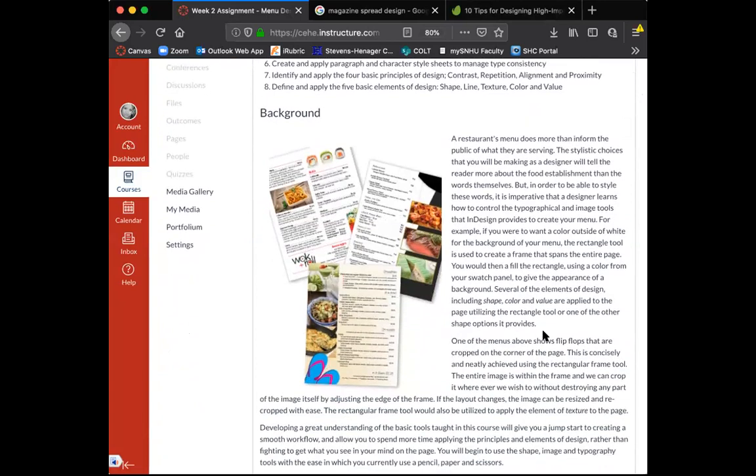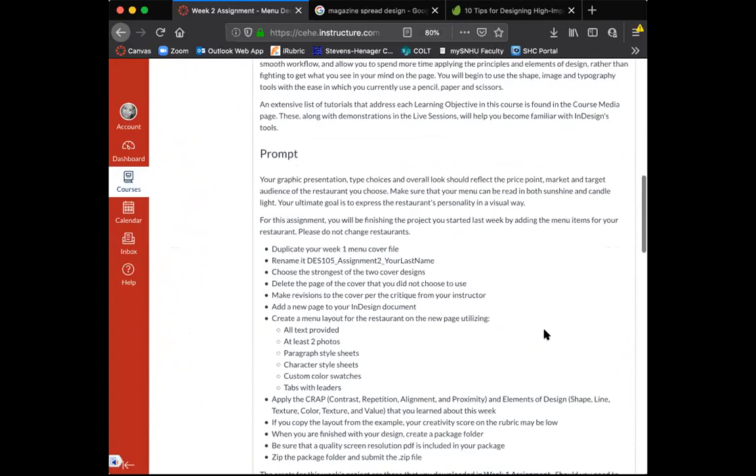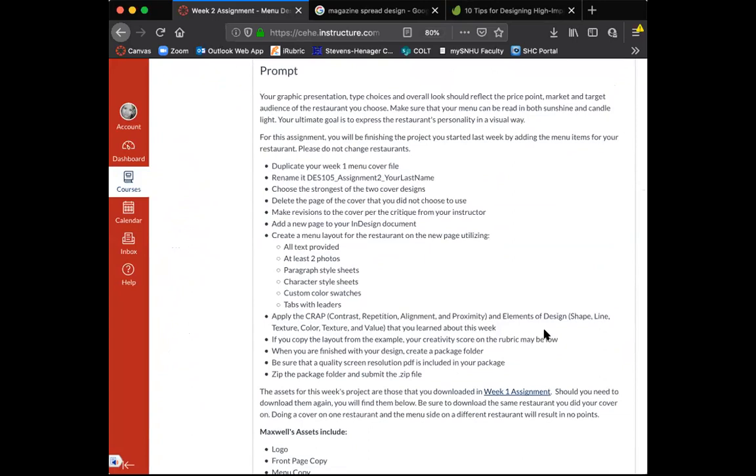Go ahead and read through the background. I'm going to skip through this because it's a lot of info you can read on your own, and go right to the prompt. Your graphic presentation, type choices, and overall look should reflect the price point, market, and target audience of the restaurant you choose. I'm going to read that again because I think that's important and sometimes we forget about this.